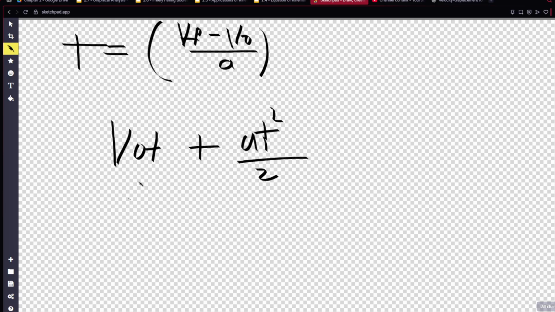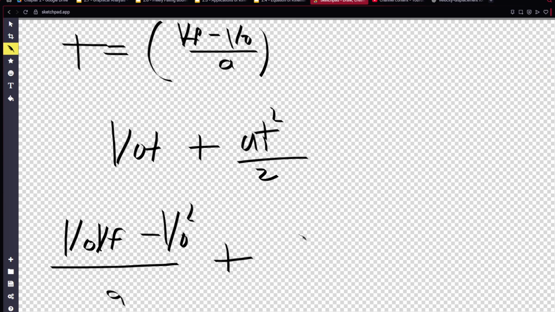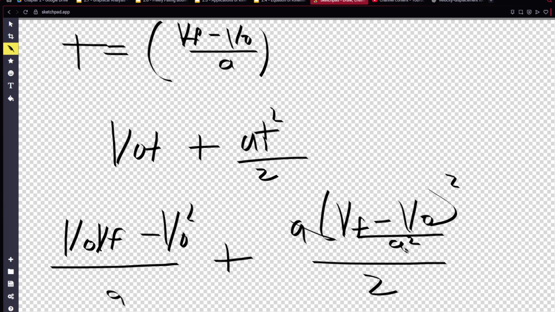So we just plug this into here, into t, so we have v0 vf, because I'm just distributing it in my head, minus v0 squared over a, plus a times (vf minus v0 over a) squared divided by 2. The a's cancel out here, giving us v0 vf minus v0 squared over a plus,